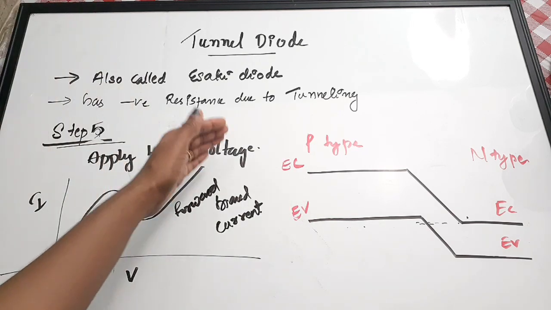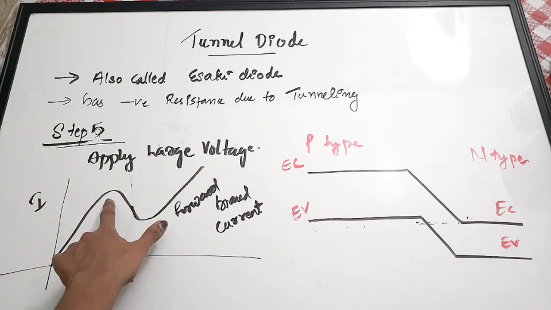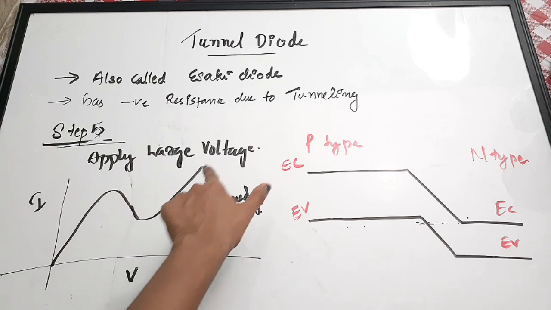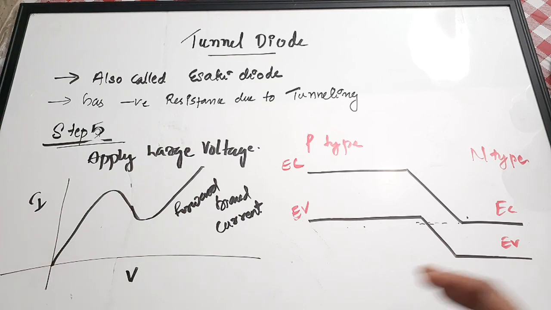So the current is moving to the maximum. It is a maximum forward bias current. It is not the tunneling current. Here the tunneling was happening. Here the behavior is identical to that of a normal PN junction diode. So this is happening in a tunnel diode. Initially there was tunneling, and as we go on increasing the voltage, the tunneling stops and the current will decrease, and then again the current will increase due to the forward bias PN junction, just like any other normal PN junction. So that is the working of a tunnel diode.